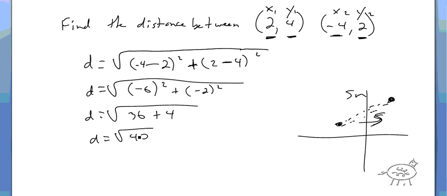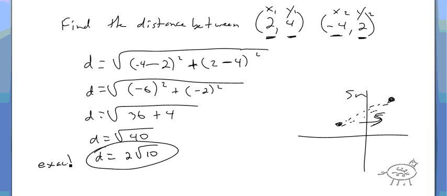All right? And now there are two ways I'm going to ask you for a solution. One is an exact answer. And you guys should remember with an exact answer, that's 4 times 10, or 2 root 10. So that's exact. If I ask you to round it to 2 decimal places,